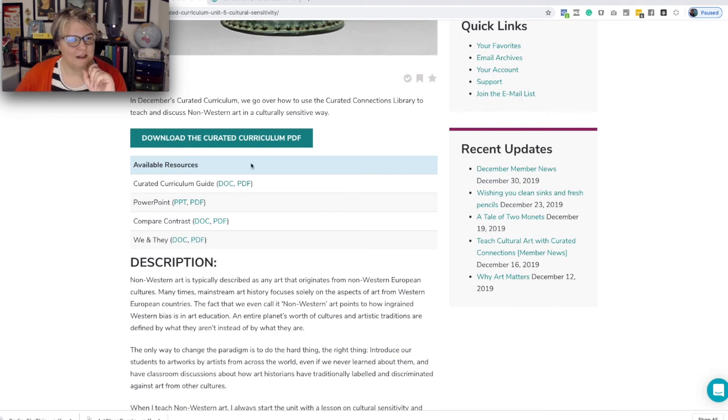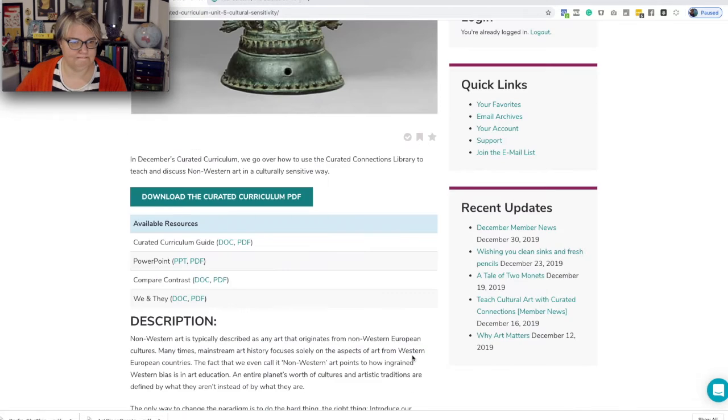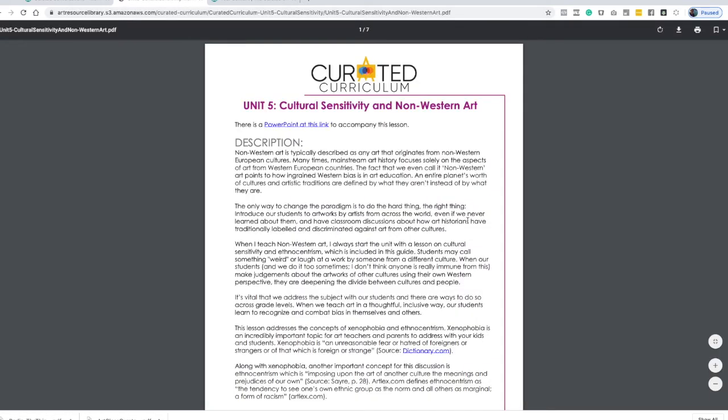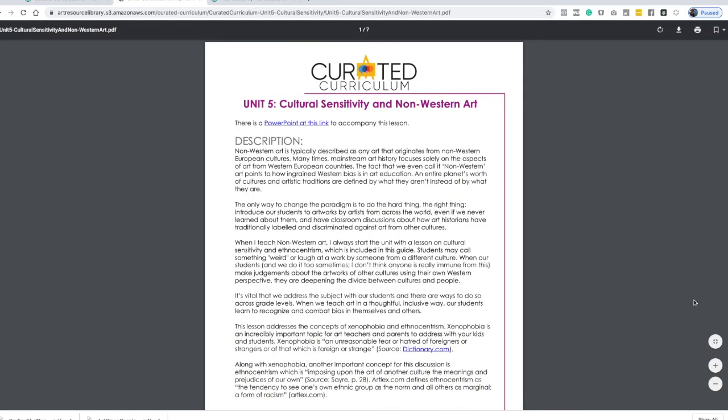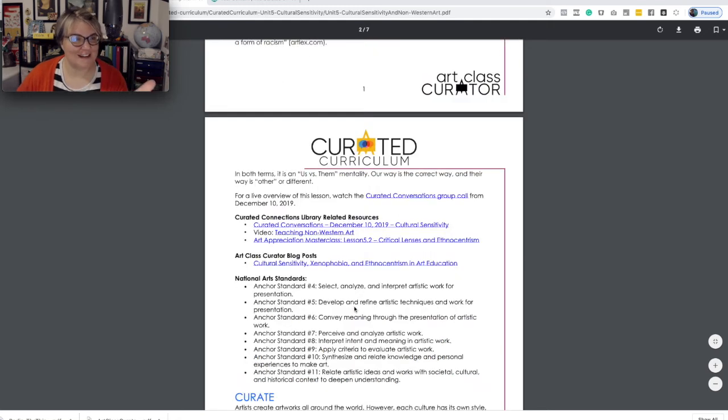So you can see the Curated Curriculum has a PDF lesson as well as any PowerPoints, downloads that you might need, or it might also link to another lesson on the site. So let me open up the Curated Curriculum guide so you can check this out. This is also in the Curated Connections framework. We put curated in front of so many things, I'm starting to get tongue-tied, which is curate, discuss, engage, and